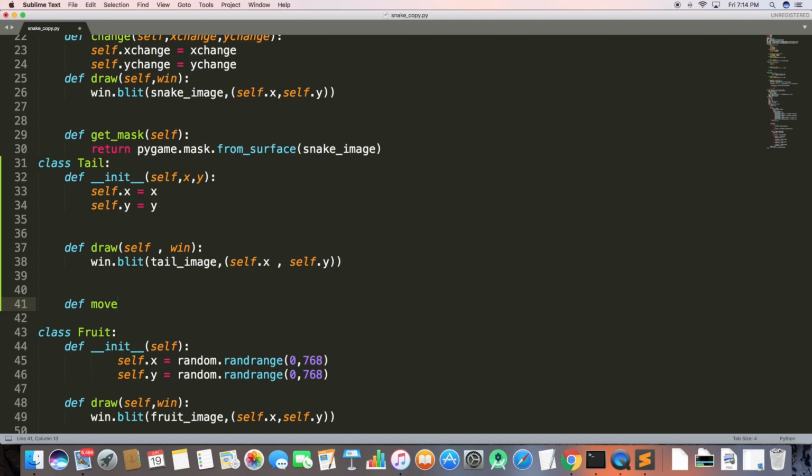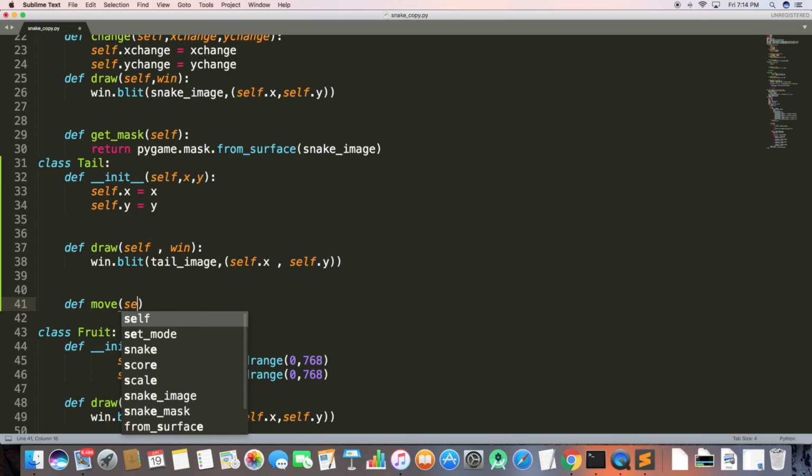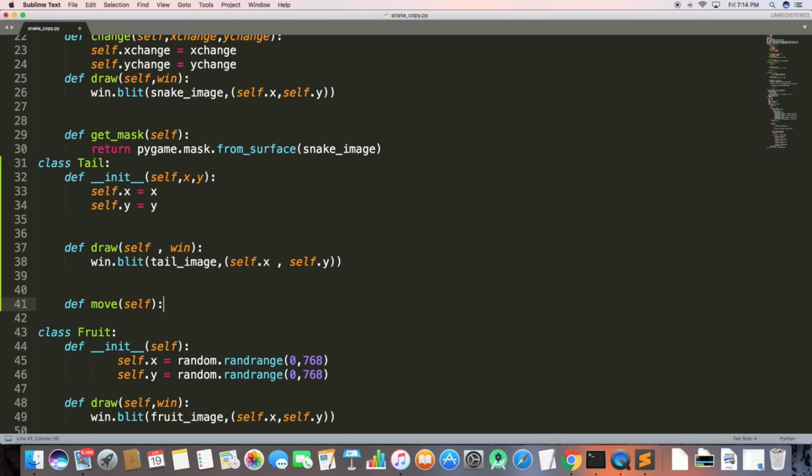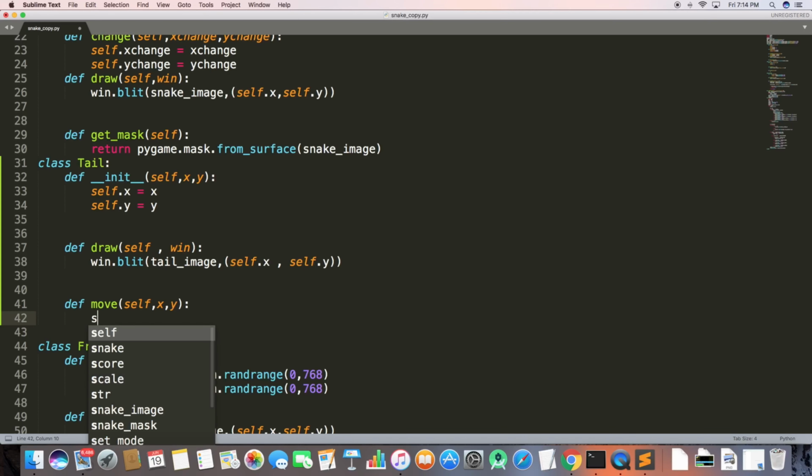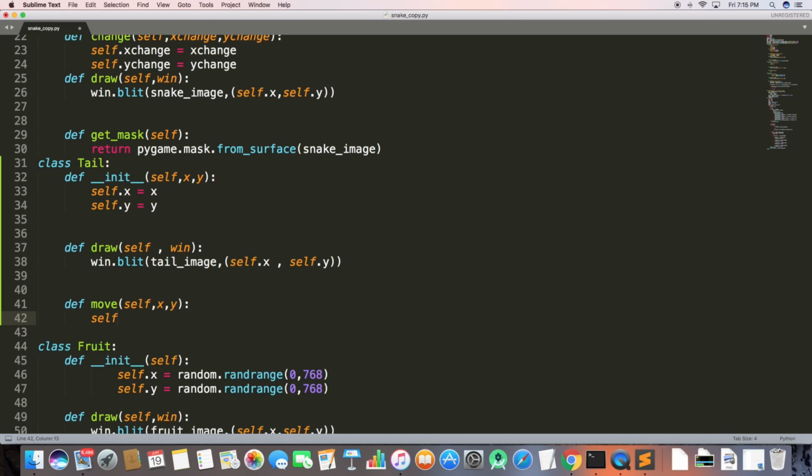So let's have a move function, and let's pass the coordinates, let's say x and y. So here you can see I'm not adding any x change or y change, because there's no benefit of having them. Initially, for every frame I'm redrawing the position of all my objects, rather than having the position coordinates change by having another variable like I have for snake.